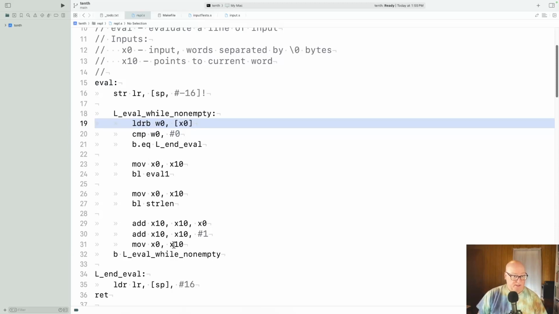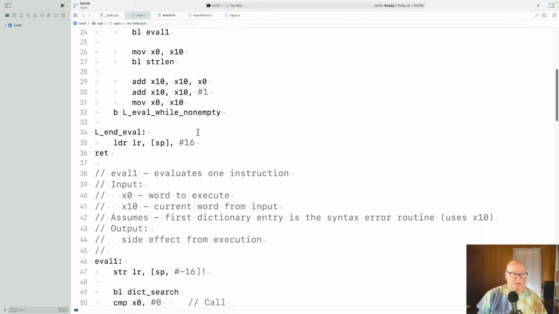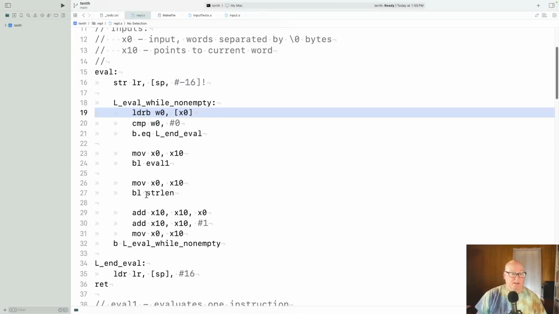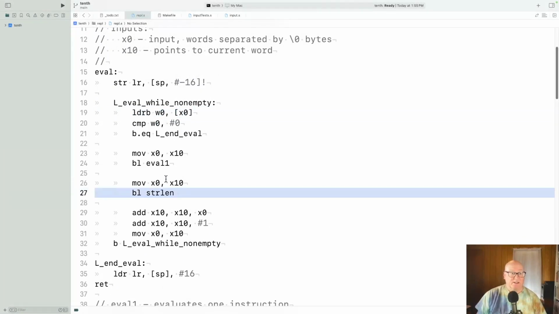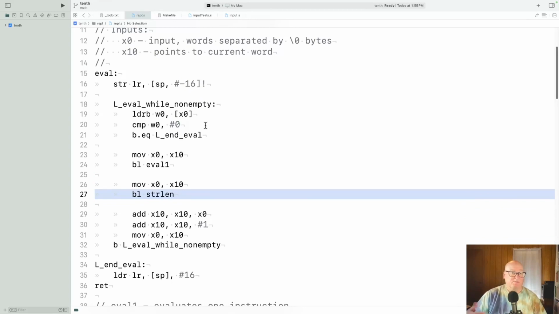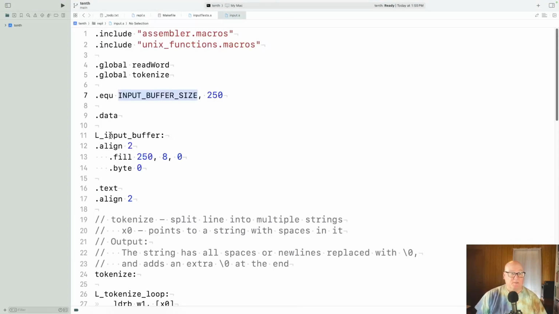Somewhere we called tokenize. We may have moved that around already. But you can see it's tracking the length of the string and moving forward and adding an extra byte at the end. So there's pieces that we're going to borrow to do the input. Okay, now the input,